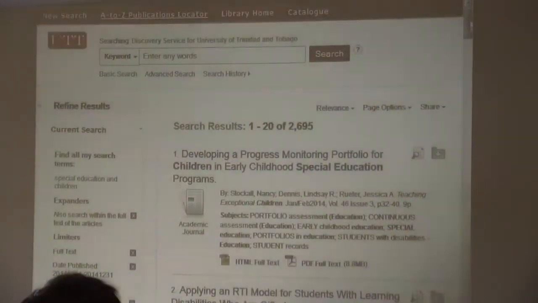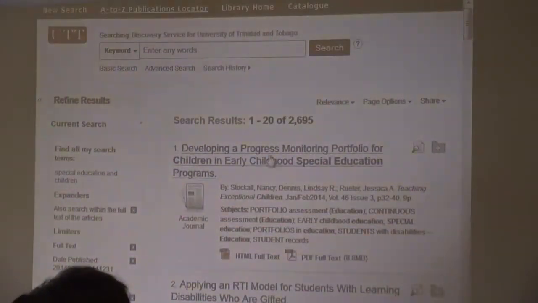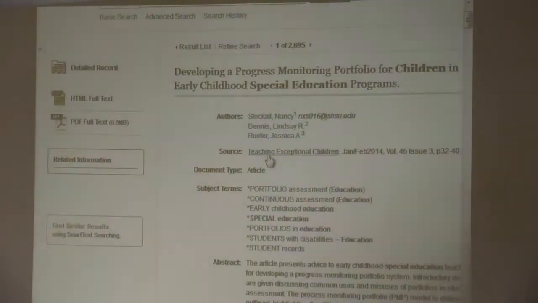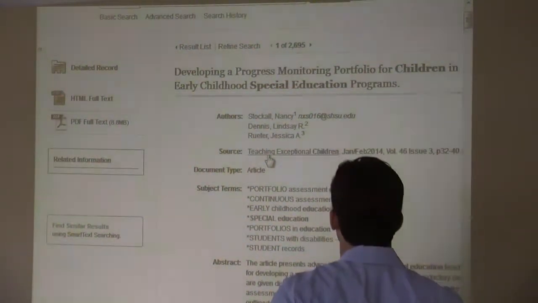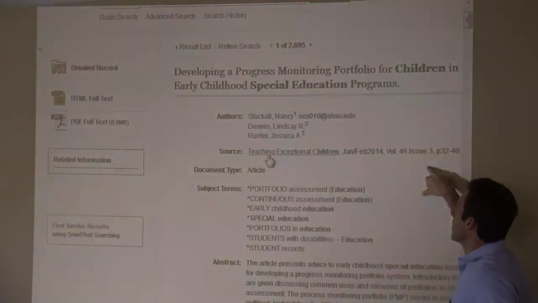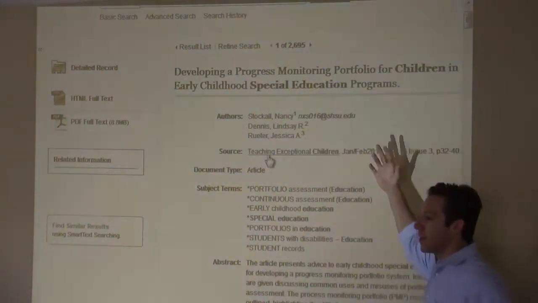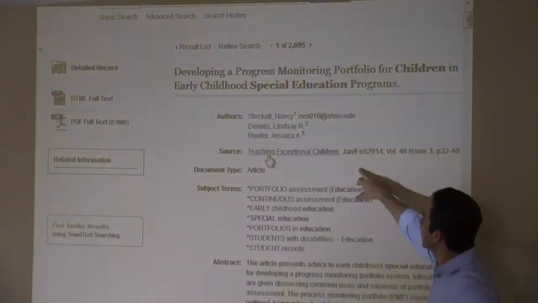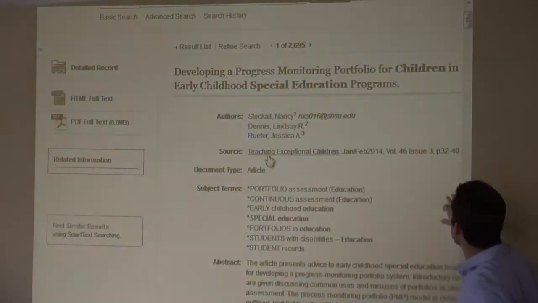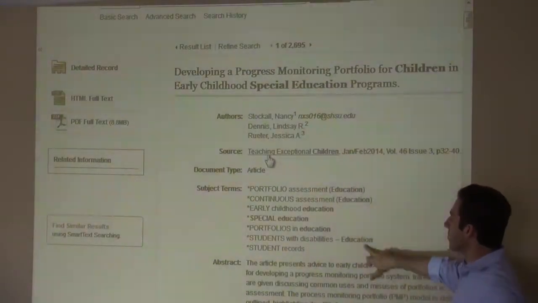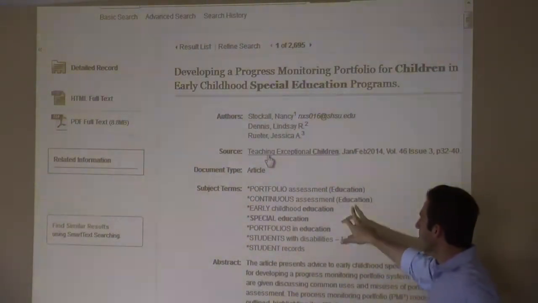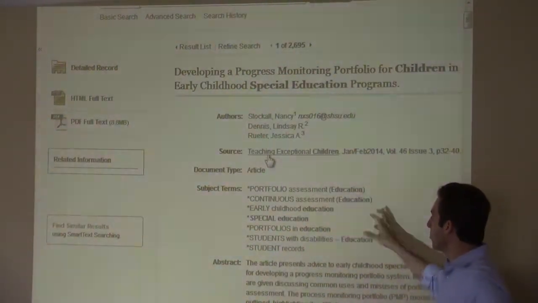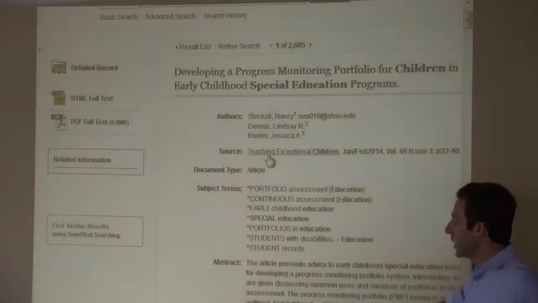One thing that I'll also show you, when you get your results here, you can also click right here on the title, which is blue, and this will take you to the record of the article. So the record's important because it'll give you the name of the authors at the top, and in some cases you'll get the author's email in case you would like to email him or her. You can also have the source, the name of the publication, the dates, all of that. It gives you subject terms here with hyperlinks. So these are the subject terms associated with the article. So you can click on them and do new searches based on these subject terms. And it gives you the abstract